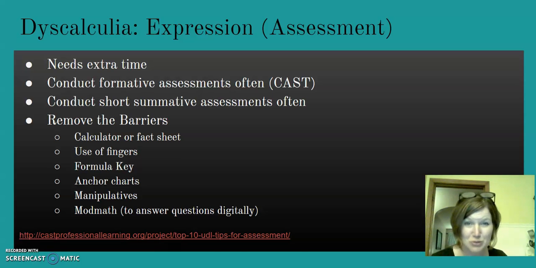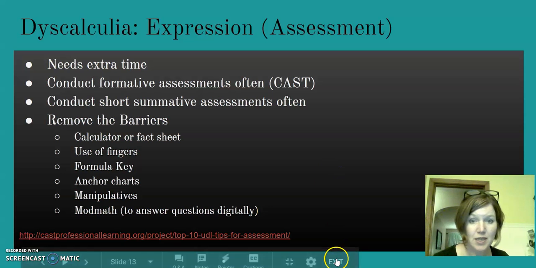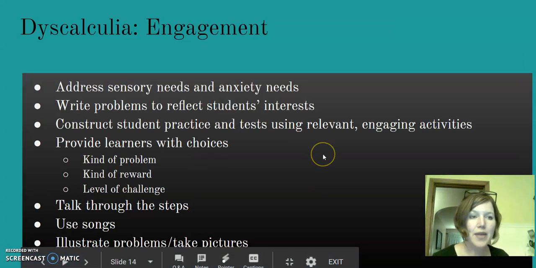Yes, the 7th grader too. We have to think like that. And then mod math so that they can answer things digitally. And then address,